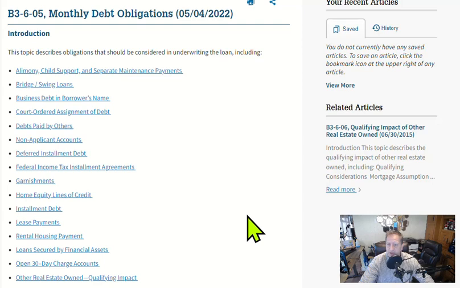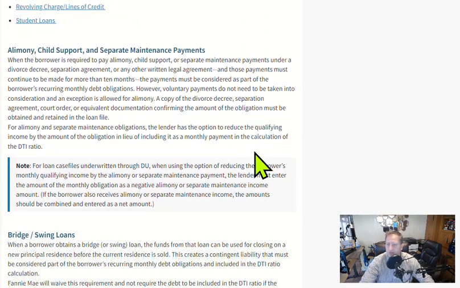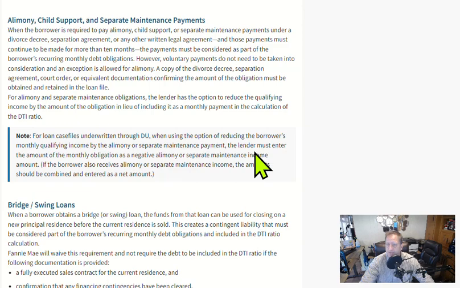This week we'll be talking about different debt obligations that should be considered when underwriting the loan, including alimony, child support, and separate maintenance agreements. When the borrower is required to pay alimony, child support, or separate maintenance payments under a divorce decree, separation agreement, or any other written legal agreement, those payments must continue to be made more than 10 months. The payments must be considered as part of the borrower's